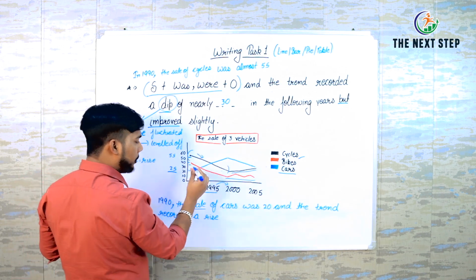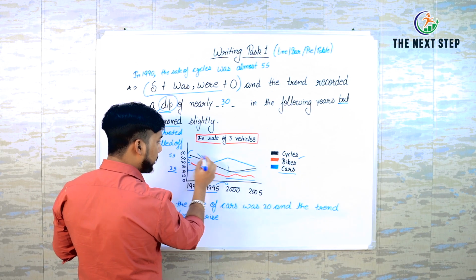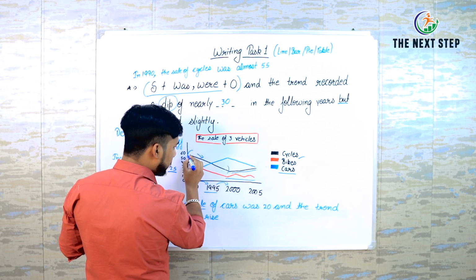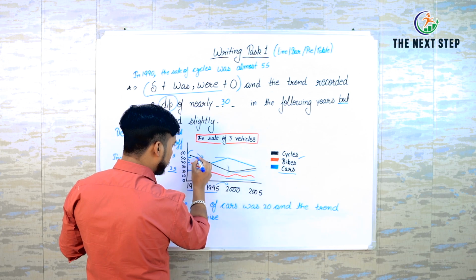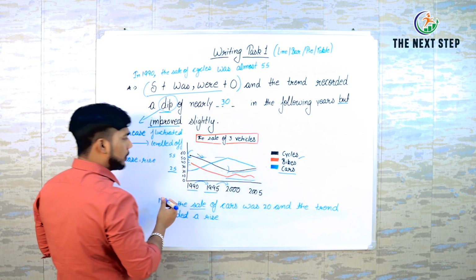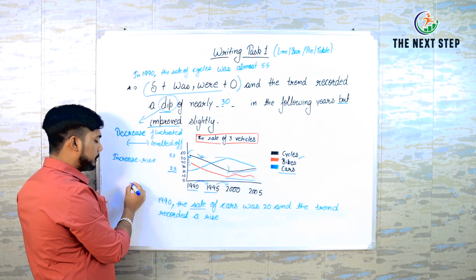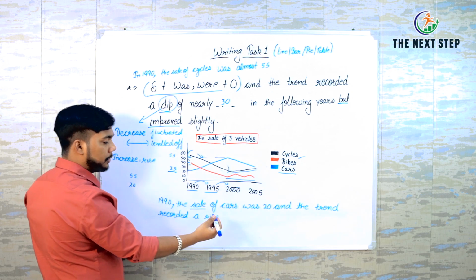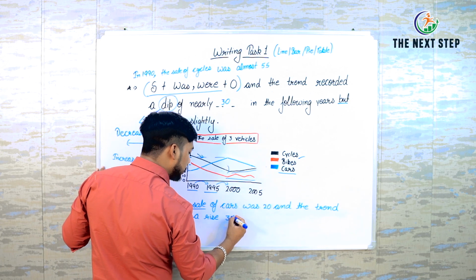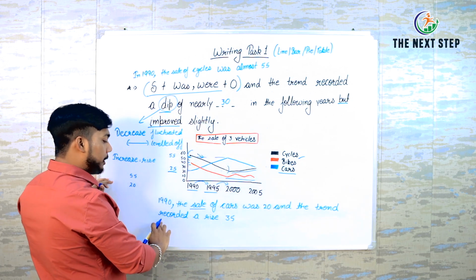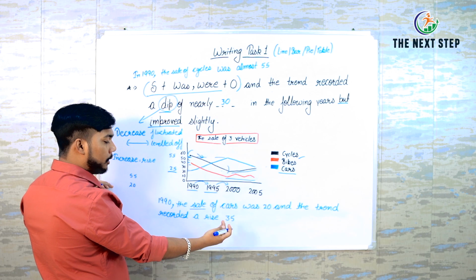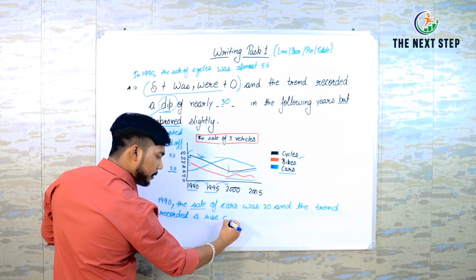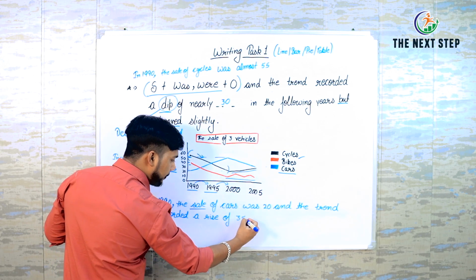Recorded a rise. Now from here, from 20, it is almost 55. So from 20 it reached 55. So the difference is 35. Recorded a rise of 35